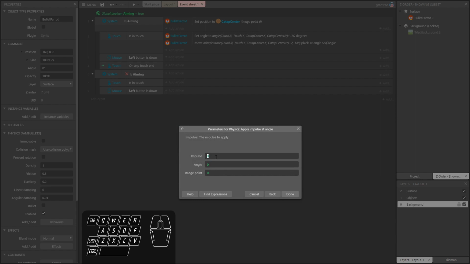And the idea here in this slingshot mechanic is that depending on the distance between the projectile and the center of the catapult, you will have more or less force to move the object. You will have more or less impulse. So let's make it like that, and the value for the impulse will be the distance